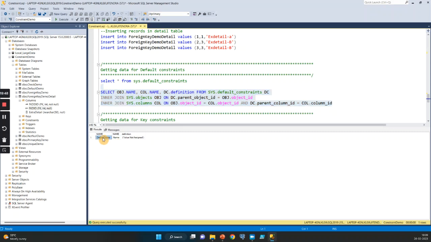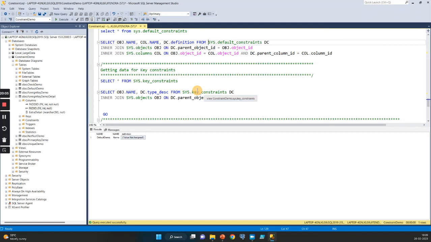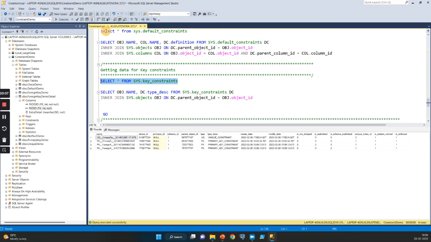So you can see here my default demo is my table name, and the column name is name, and the definition is value not assigned, which means in my default demo table for the column name, I have a default constraint called value not assigned. Similarly, if you want to get other constraints' details, then there is sys key constraints, where it will show you